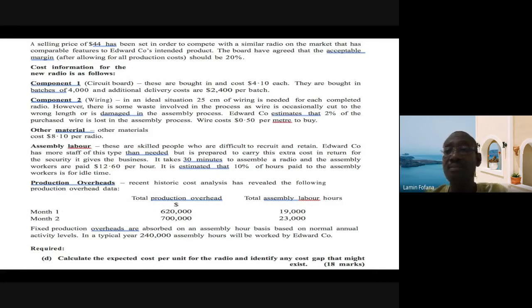But like I said, the model answer will be provided. Some of these are common sense, so I think you can answer them in your own way as much as possible. Okay. So the bottom line